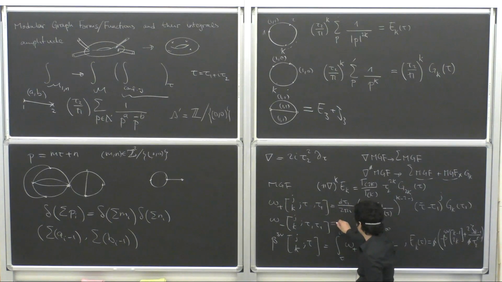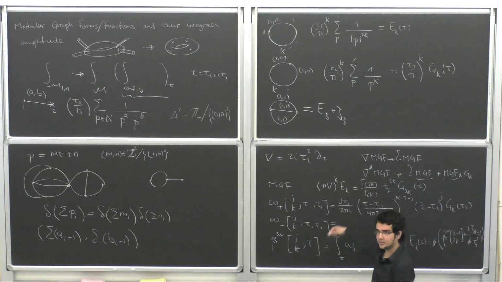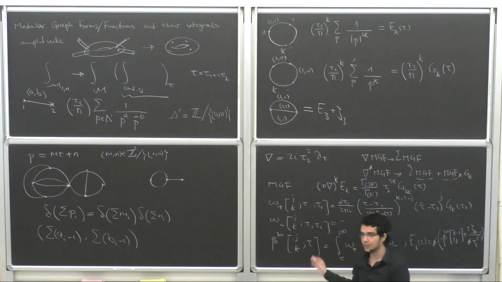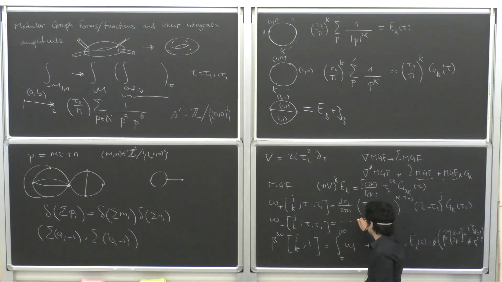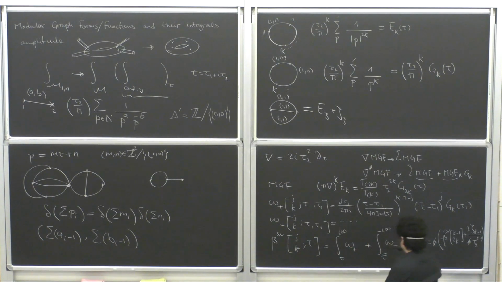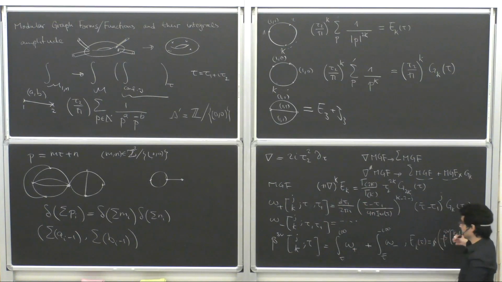No, it's not exactly complex conjugate. It's similar, but there's a minus sign here. Omega minus is not exactly the complex conjugate of omega plus. I'm not going to write it, it's too much. So, in this very simple case, this one loop, you can see that you can write it as the